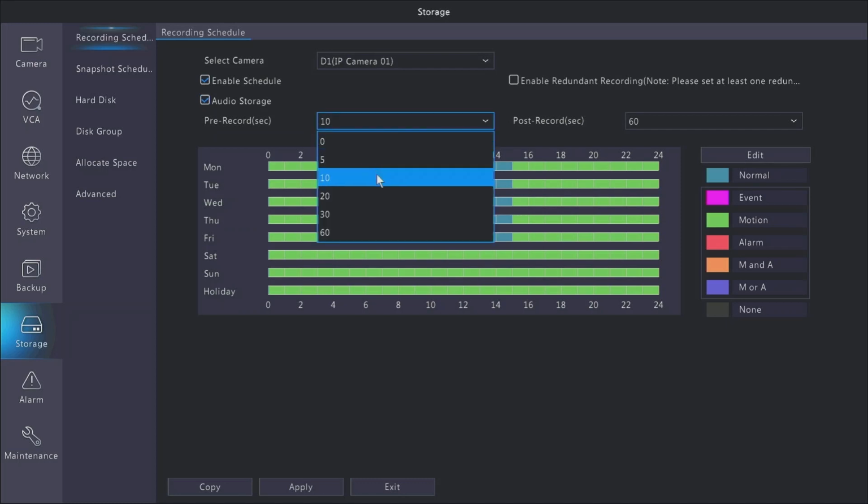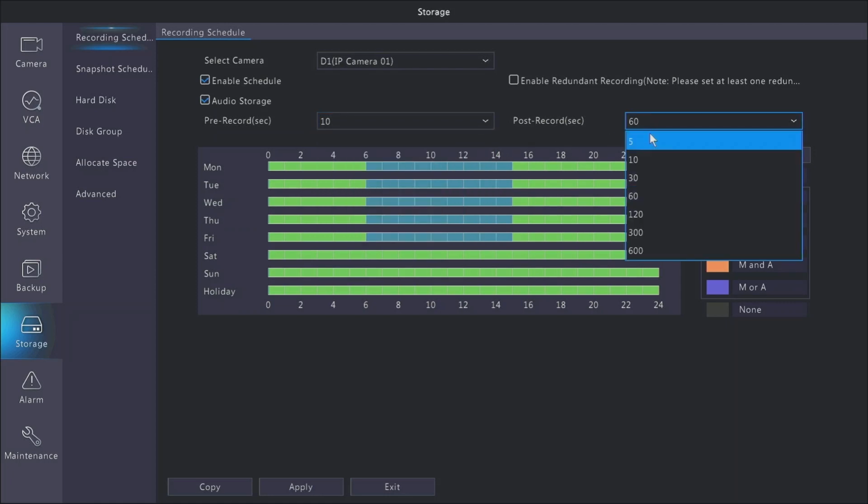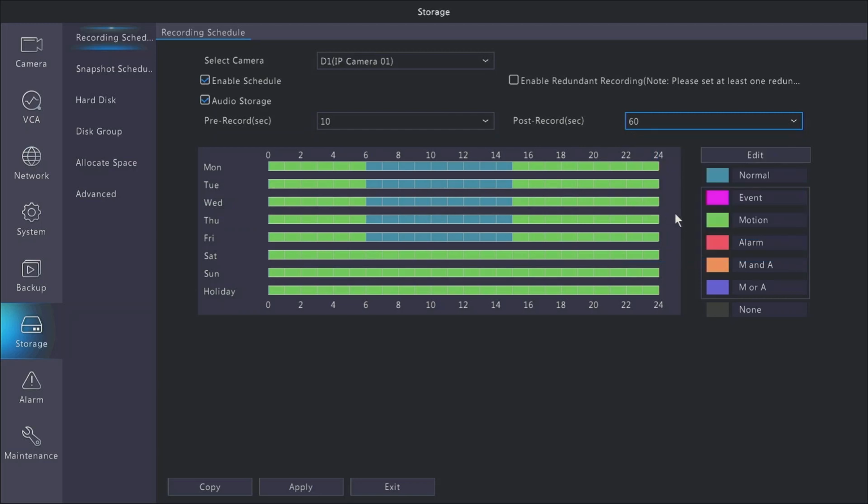On motion, you're going to have two settings that need to be considered. The pre-record setting, which is the amount of time in seconds that it'll record before it detects motion, and the post-record setting, which is the amount of time it's going to record after motion has stopped. You can adjust these for whatever value you think works best in your recording environment, and then you can modify them if you're not getting the recording you want or you're getting far